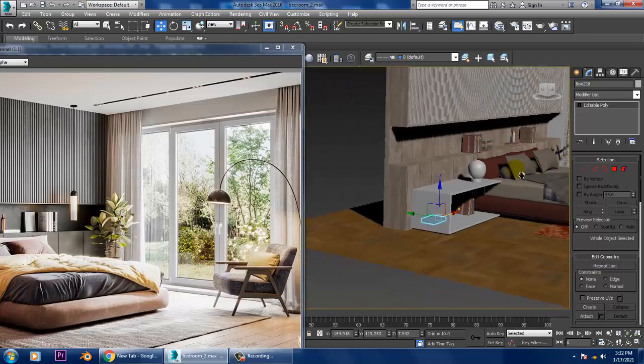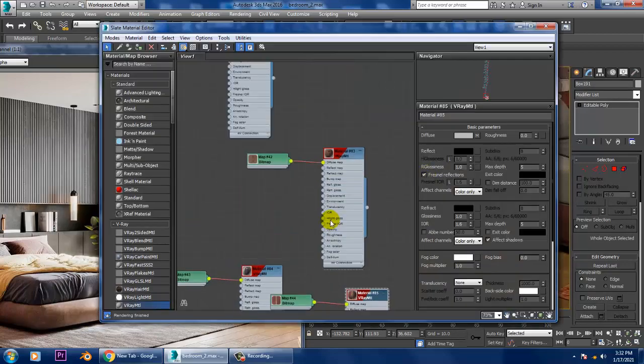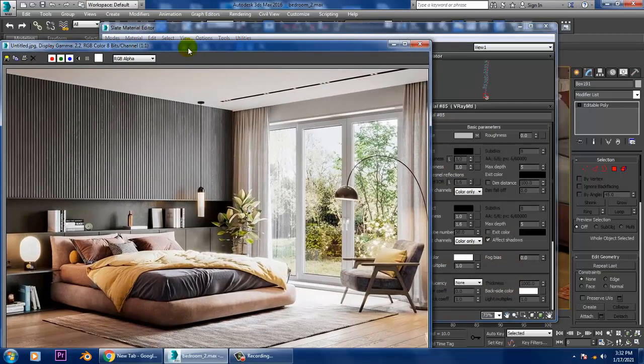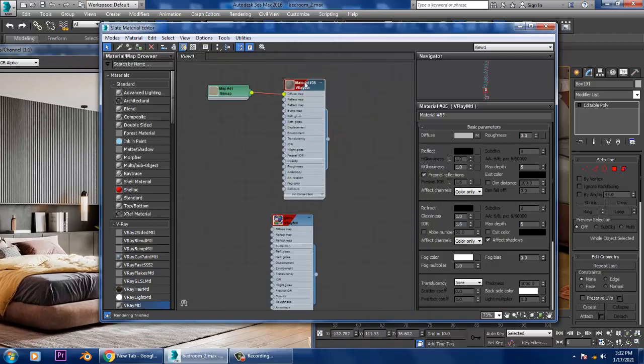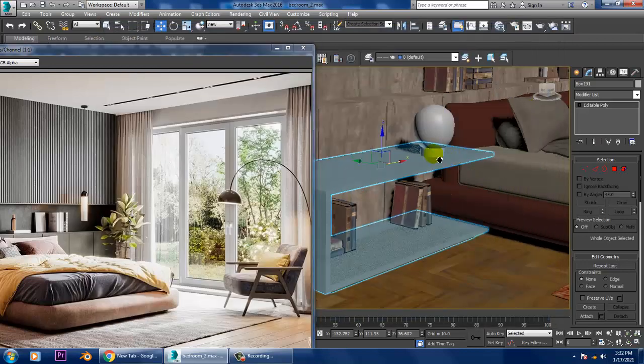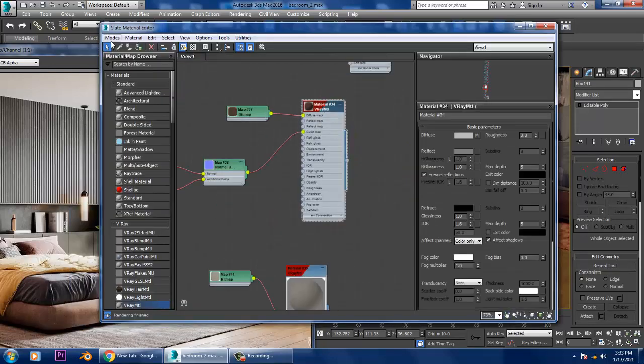Once you're done, select this table. Let's again go into this, and definitely we can assign the same texture for it. Oops, it's not the texture, this texture.